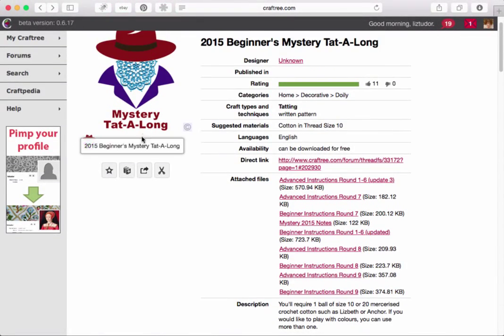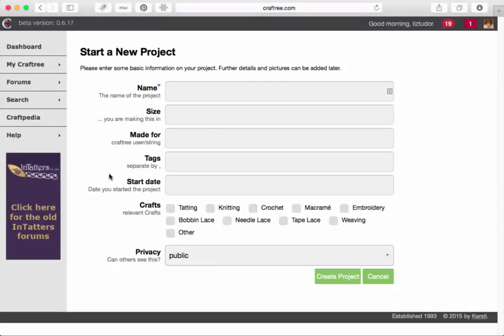Scroll up. Now this particular icon here, which is a star with a cross inside, is your Start a New Pattern icon. This icon appears throughout the site anywhere where you can add another record. So we'll click on here, and here we have our new project ready to go. Let's type in